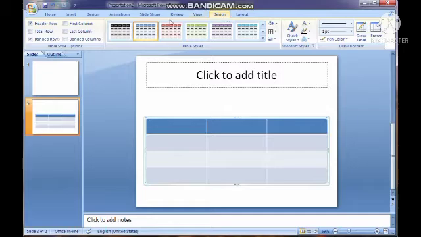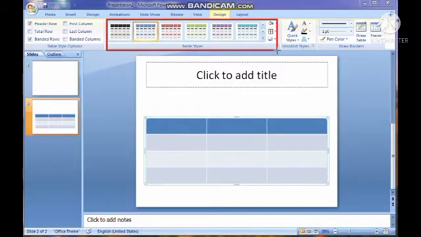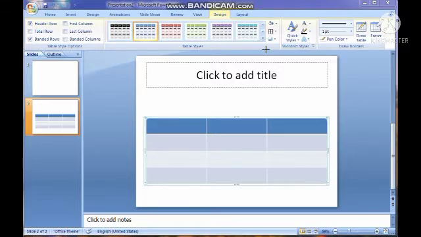When we click on the design tab, you can see different types of designs are given, these are the table styles. When we select a table style, the table will change according to that.